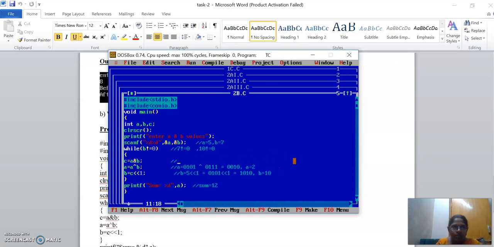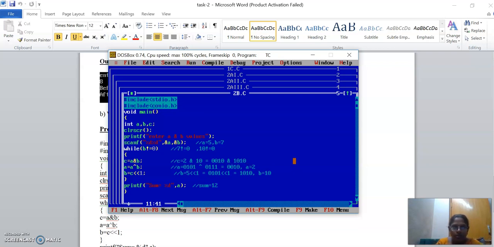C is equal to A AND B, 2 and 10, which is nothing but 0 0 1 0 and 1 0 1 0.